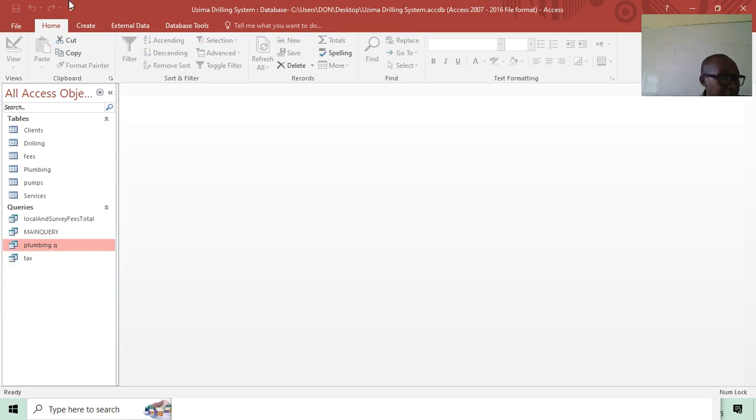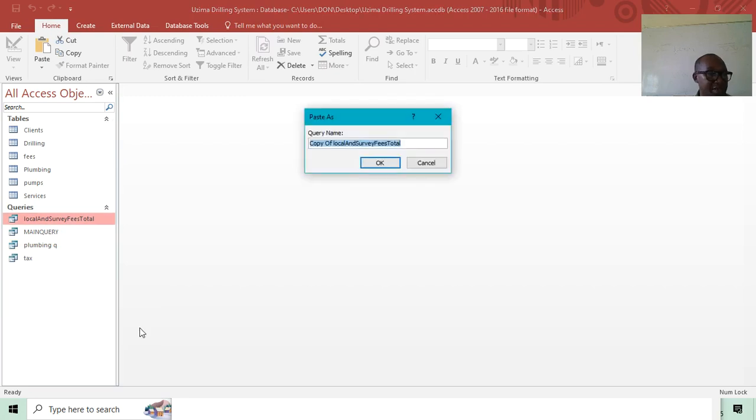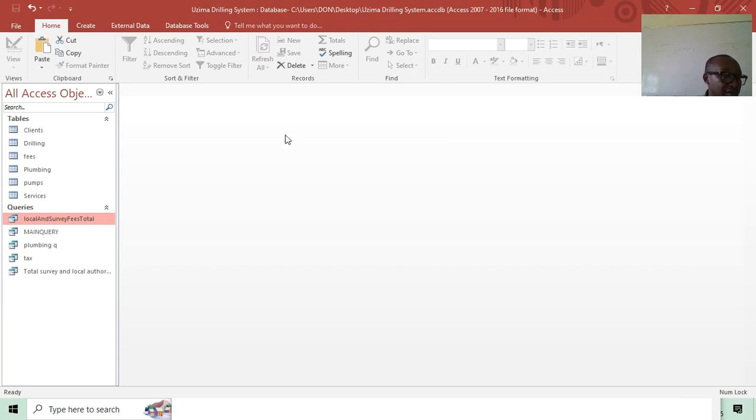Then after doing that one, we can have the total survey and the local authority fees. That one I have also done. So it's here, just copy this one and then paste. Then just say total survey and local authority fees. That one is done. You have seen how I have gone about it. Then we shall have